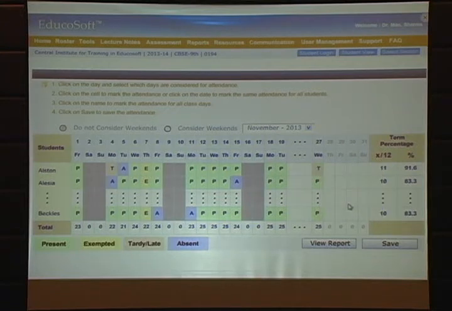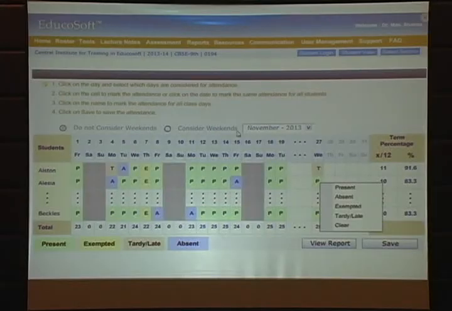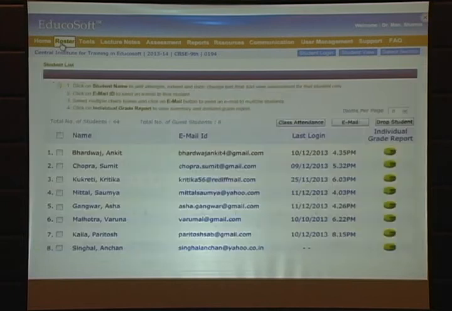If somebody has an excuse, you can change P to exempted. And so on. This attendance is automatically recorded with their percentage and so on. Now go back to the home page, roster page.